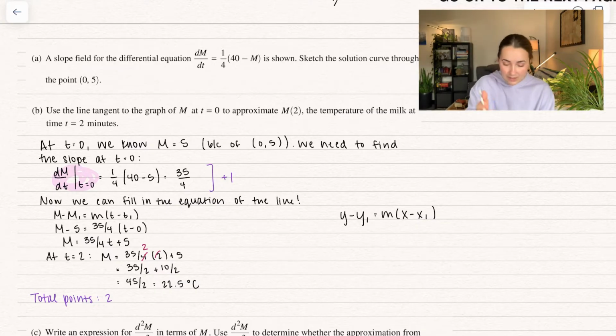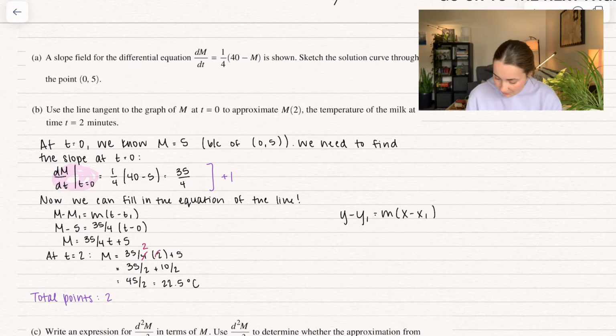The line means evaluated at t equals 0. So if you haven't seen it before, that's all it means. It's very common in the rubric of the AP exam, so I suggest using it and learning it if you don't know it right now. But the second point is awarded just right here. You actually find the correct one. Again, you need to show the work to get there, so you need to show plugging it in,